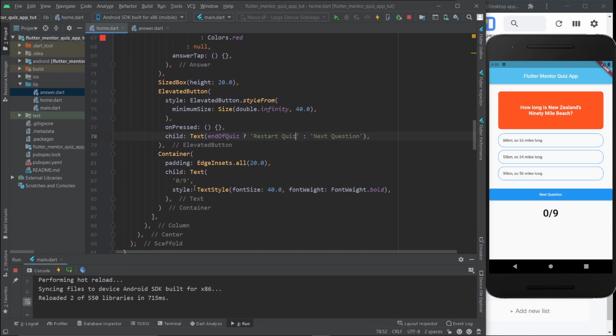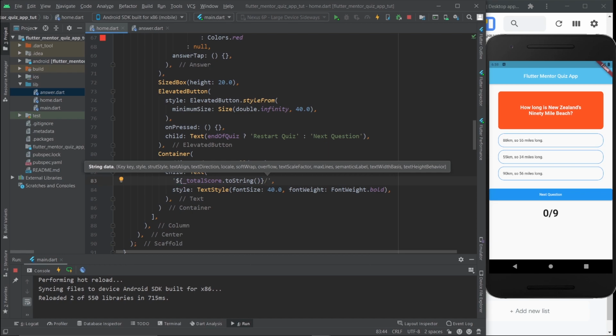And the next item on the agenda is, instead of this static string right here, let's go ahead and make this a real string. The first thing we're going to do is put in the current score, which as you remember is called totalScore, but we want it to be toString. Then we just do this right here. And what should go here? What's the variable that would always say 9? And of course you could keep the 9 because in this case you know it's not going to change, but for a real quiz you should do the following. You just do questions, which is the list, dot length, because there's 9 questions. And now I hit save and it's going to stay exactly the same.